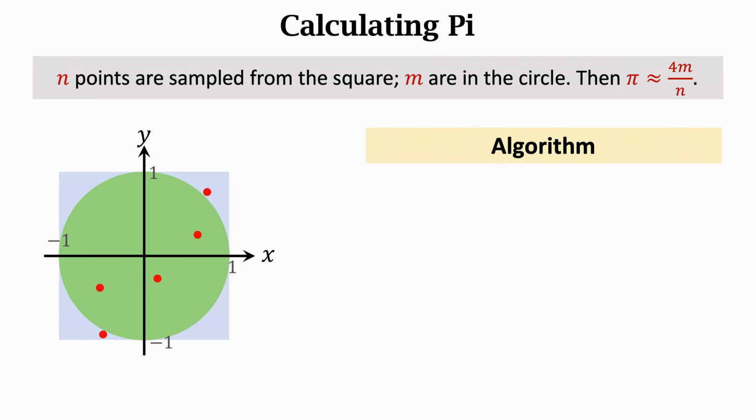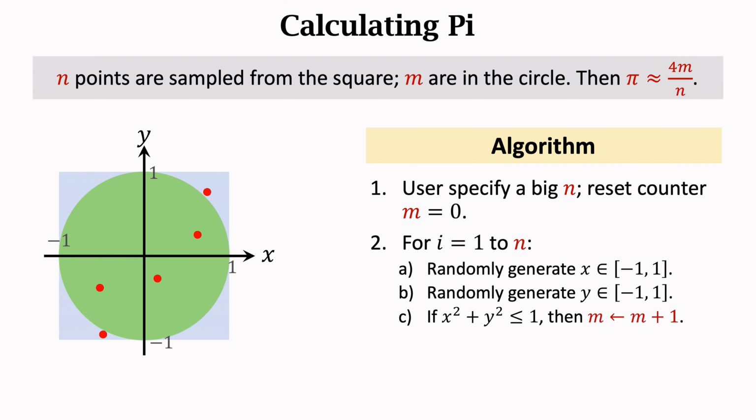With the equation, we are ready to write a computer program for estimating pi. I'm going to show the pseudocode. Firstly, the user needs to specify the number n. Big n can make the accuracy high, but big n means heavy computation. It's a trade-off. m is for counting. Initialize m to be 0.